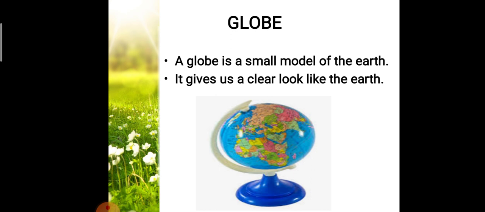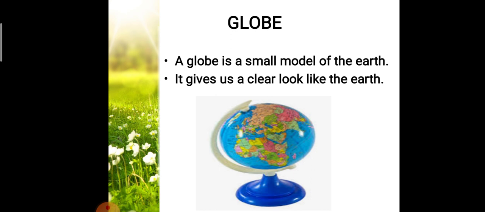Globes may be of varying size and type. Some are big, some are small. Big globes, dear children, are very difficult to carry from one place to another. So nowadays we have different types of globes which are smaller in size. Some of them are pocket globes. We also have balloon-like globes which can be inflated and are very easy to carry from one place to another.